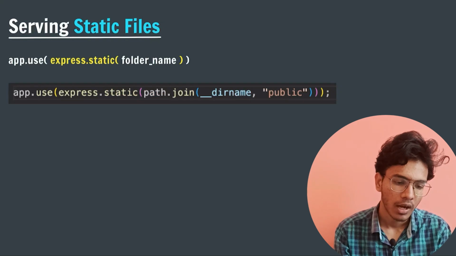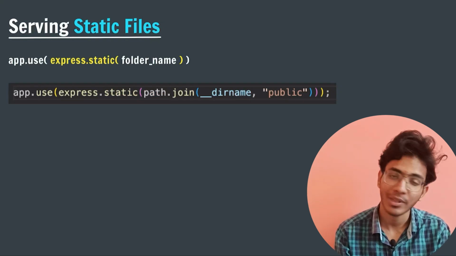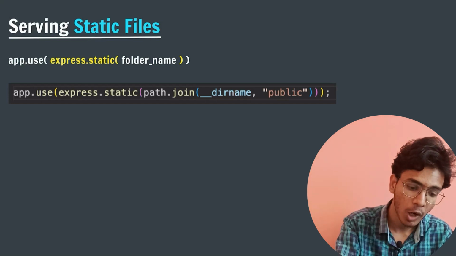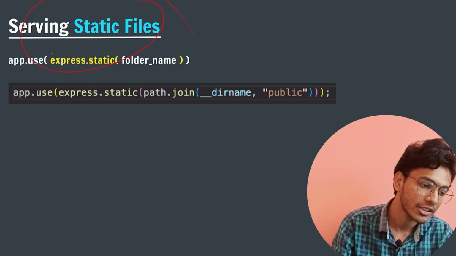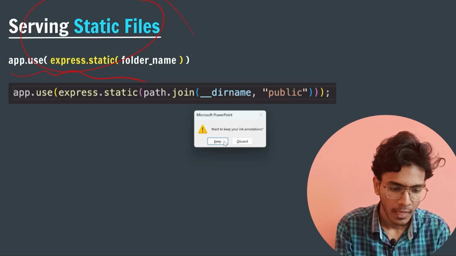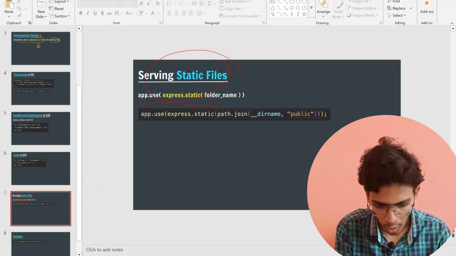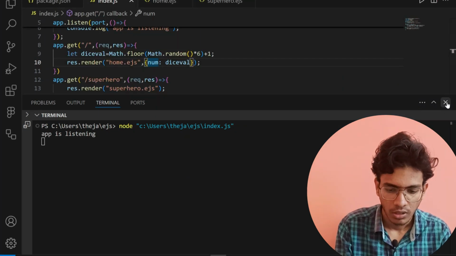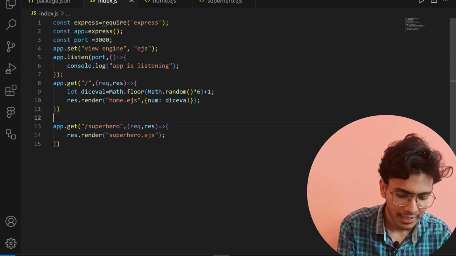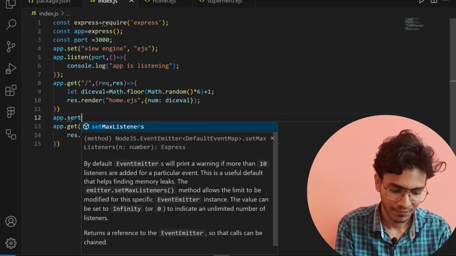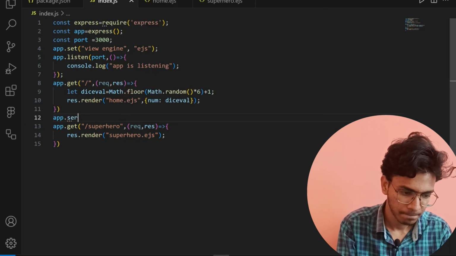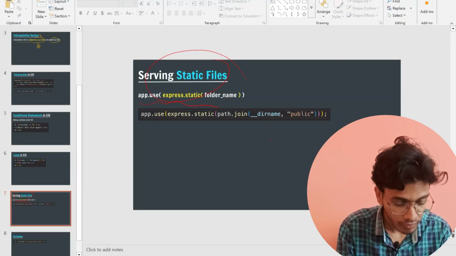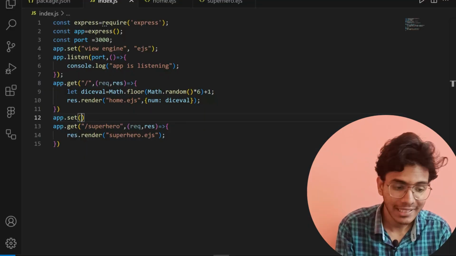Let's say I want to integrate my JavaScript, I want to integrate my styling files to my HTML. Then I have to use the concept of serving static files. I have to write this line. So to integrate CSS or any image or anything, I have to write in my app.index file, app.use, and inside the use I need to give